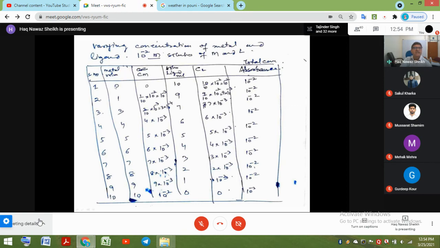तो पहली ट्यूब में मेटल की वॉल्यूम मैंने 0 डाल दिया, तो इसमें 10 का 10 पड़ गया। तो मेटल की ये कंसंट्रेशन है, थोड़ा गंदा लिखा है मैंने, ये वॉल्यूम है और ये कंसंट्रेशन है, ये लिगेंड का वॉल्यूम है और लिगेंड की कंसंट्रेशन, और ये टोटल कंसंट्रेशन। सो पहली ट्यूब में मेटल मैंने बिल्कुल डाला ही नहीं, तो मेटल की कंसंट्रेशन 0 है। लिगेंड मैंने डाला 10 मिलीलीटर, क्योंकि टोटल वॉल्यूम मैंने सेम रखना था, तो लिगेंड की कंसंट्रेशन आ गई 10 डिवाइड बाय 10, यानी टोटल वॉल्यूम 10 है, इंटू 10⁻²। सो 10 और 10 कट गया, तो लिगेंड की कंसंट्रेशन रह गई 10⁻²।